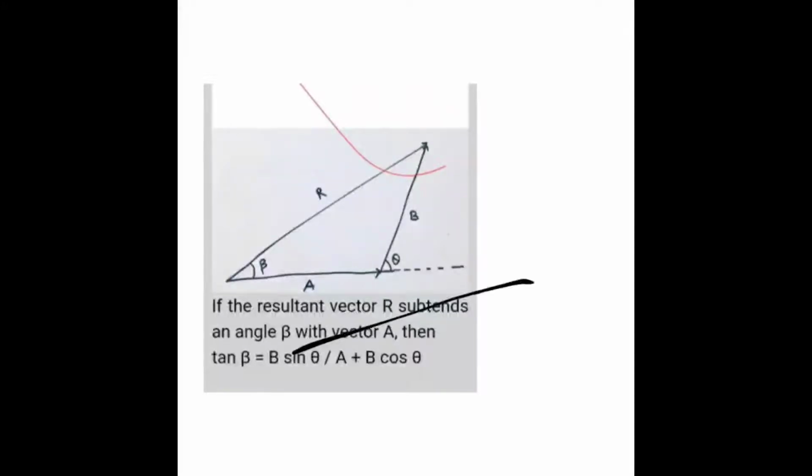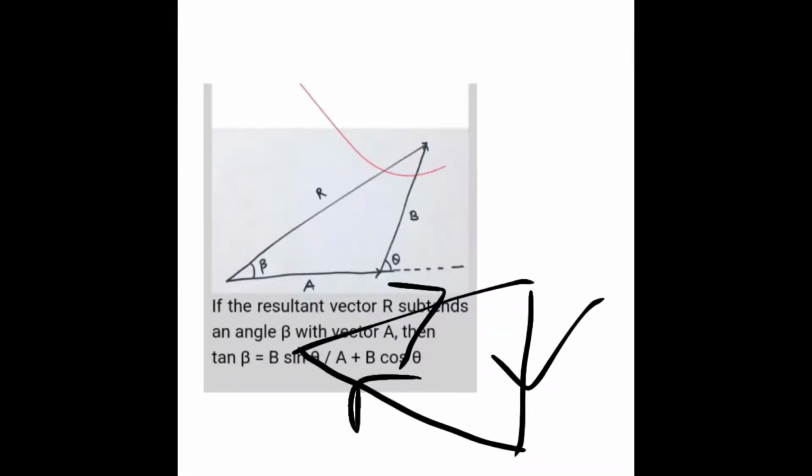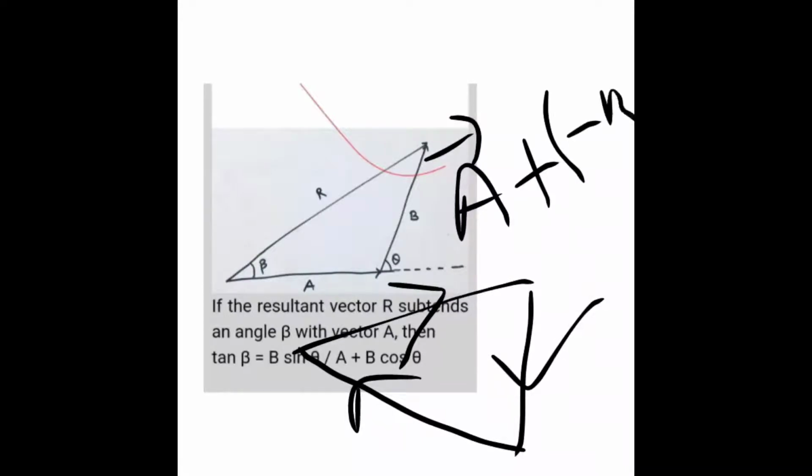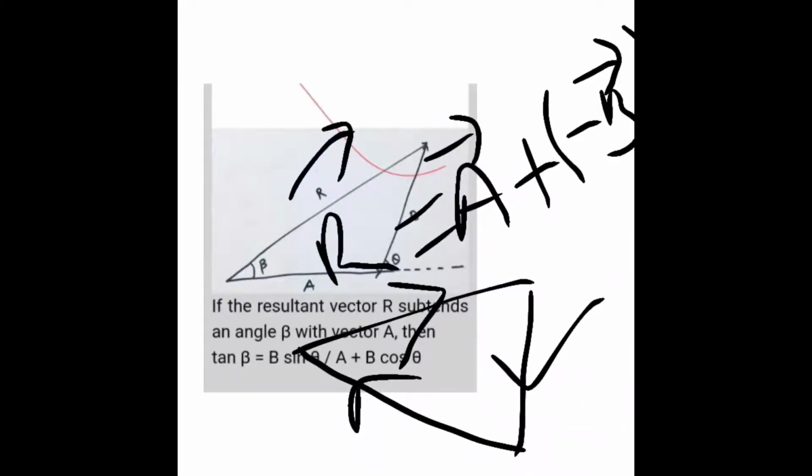So if I consider this one vector and this is the other vector, right? Now if it is moving in the opposite direction, that time we will consider this vector to be A vector plus minus B vector. Okay, so A vector plus minus B vector equals R vector. So in that case we will get plus minus minus, that means A vector minus B vector. So this is also a triangle law of addition, but in here the B vector is not in the same order.